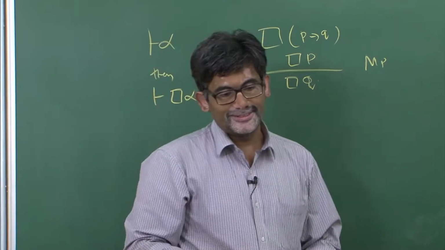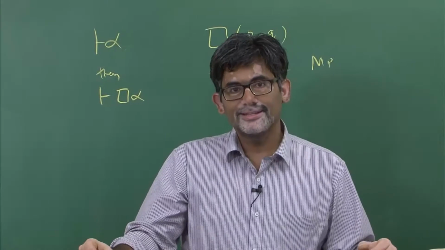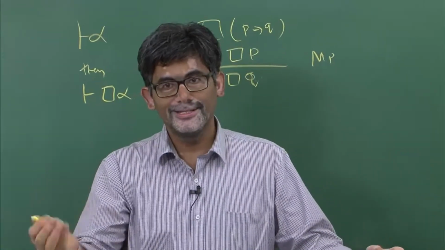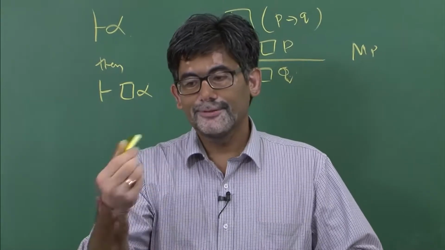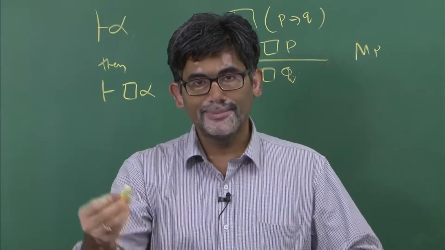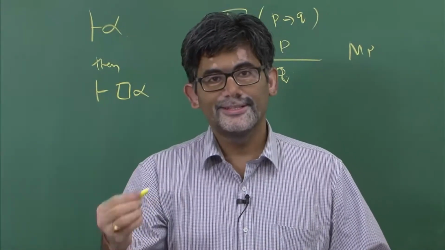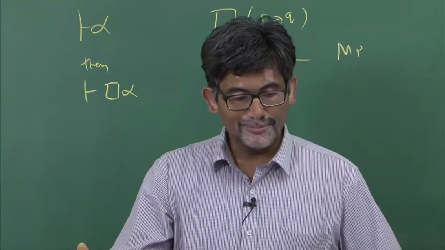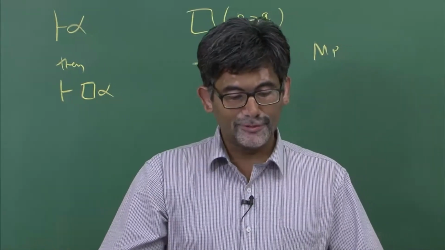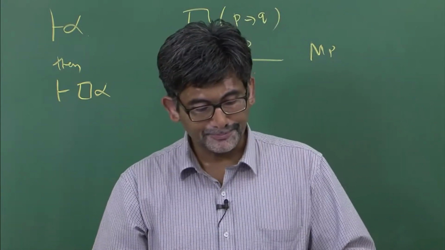So, this rule of necessitation should not be used loosely. Suppose alpha is a contingent kind of sentence, for example, if alpha stands for this chalk piece is yellow in color, that does not imply that it is necessarily true that this chalk piece is yellow in color. It applies only to theorems which are already proved ones, or they are considered to be valid formulas. All the tautologies have to be necessarily true.